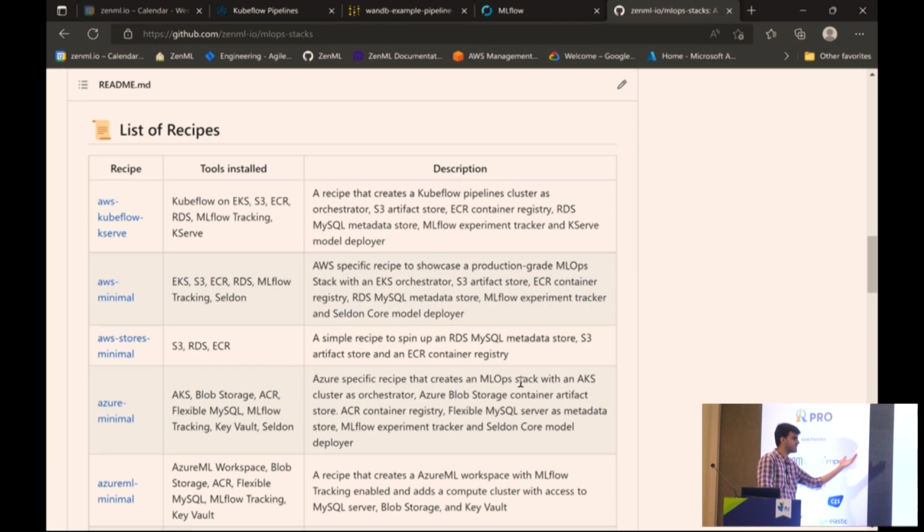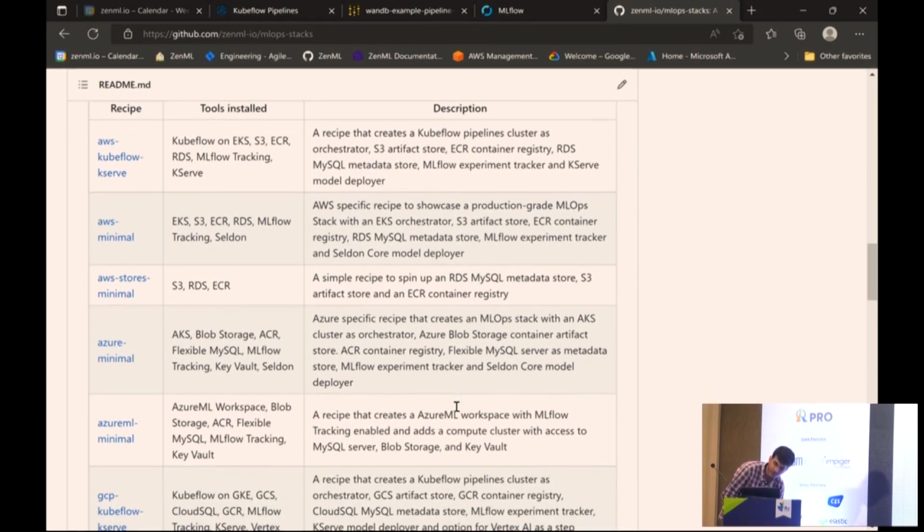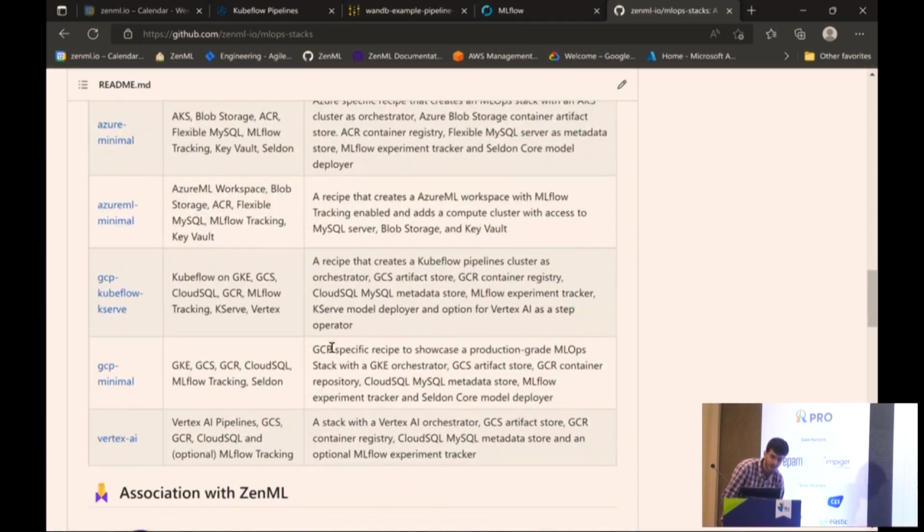So on your part, there's no extra work. You just deploy this recipe, you get a stack YAML file, you import this stack as a ZenML stack, and then you are set, essentially. You can just start running the pipelines the way I did before. You can just do python run.py, it takes it as the active stack and then goes out. So you can see there are recipes for all the different clouds here. There's AWS, there's Azure, there's GCP.